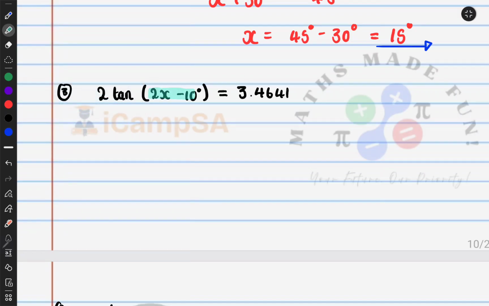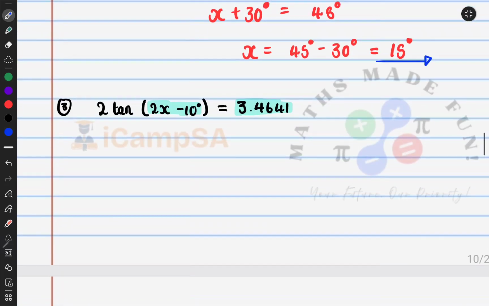What is our angle? 2x minus 10. All of this is our angle. 3.4641 is our ratio. First step, when we have the coefficient there, which is 2, remove the 2. The way to go about that is to divide by 2 on both sides, and then we'll be left with